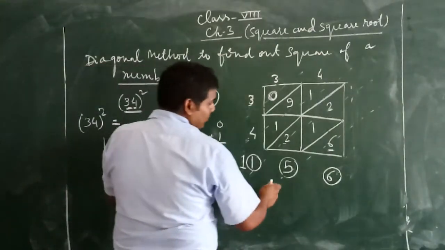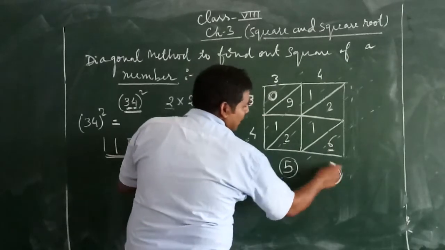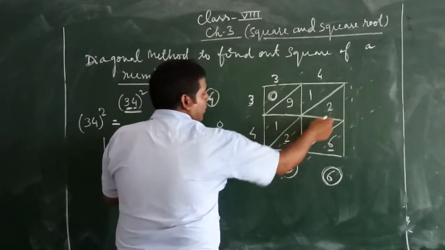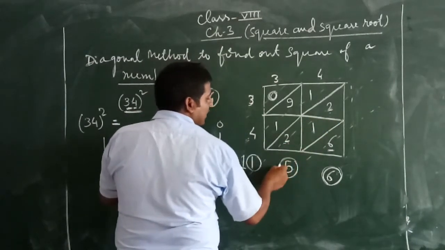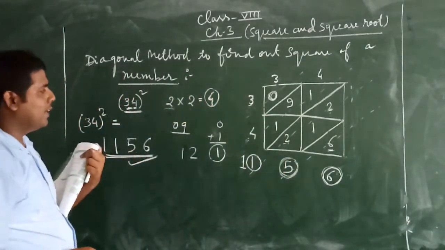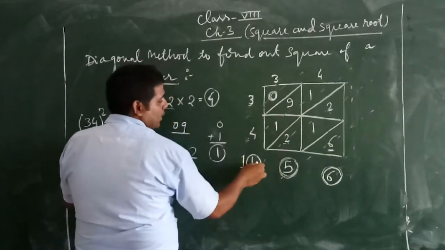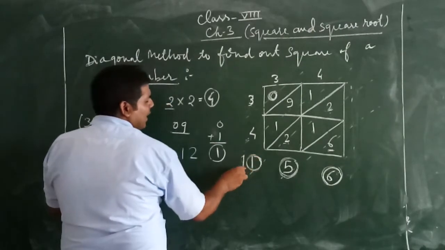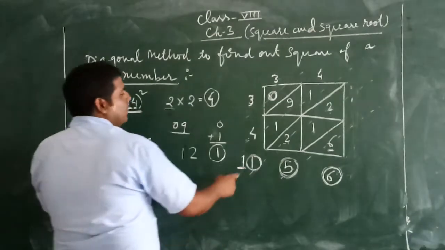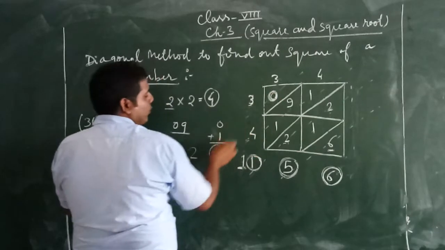Now adding diagonally. In the first diagonal only 6, so write it here and circle it. In the second diagonal we have 2, 1 and 2; by adding these we get 5, so only one digit. So mark a circle here. Now in the third diagonal 1, 9 and 1, that is 11. So the unit digit is circled here and 1 is added in the fourth diagonal. In the fourth diagonal there is only 0, so when 1 is added with 0 we get 1.